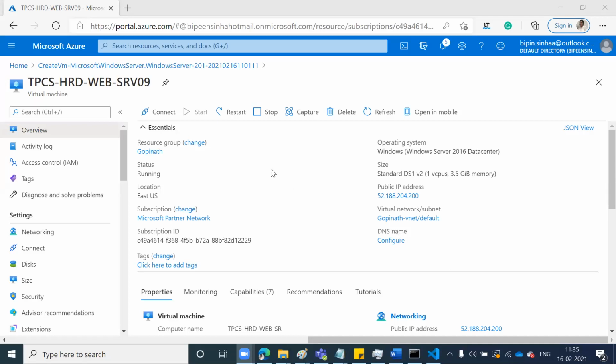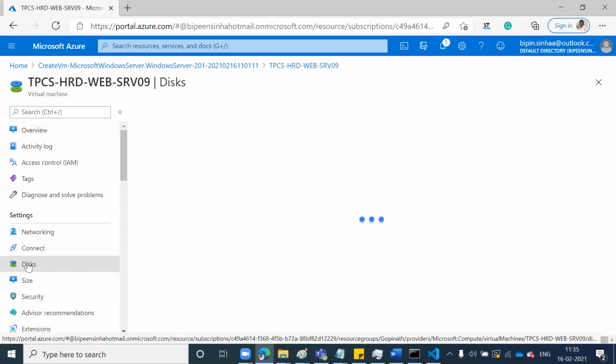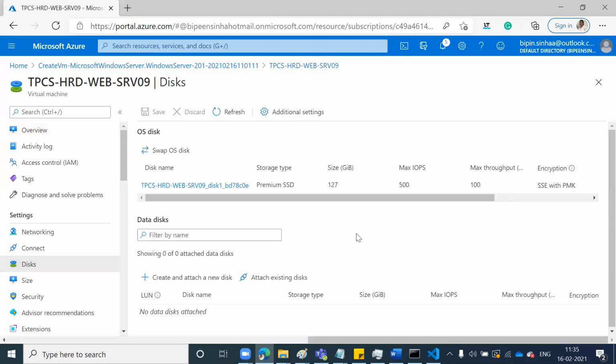Now here you see on the left hand side there is something called disk. Click that disk. Below there is something called create and attach a new disk. Click that one.